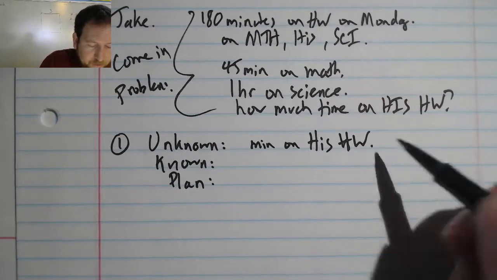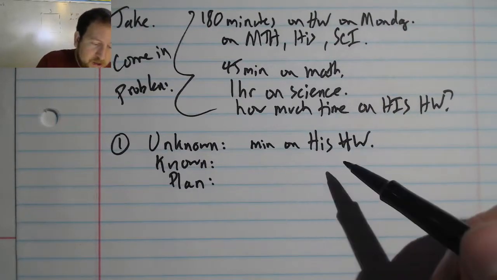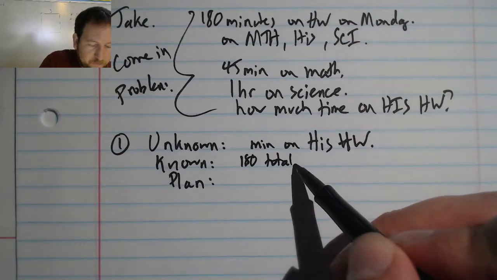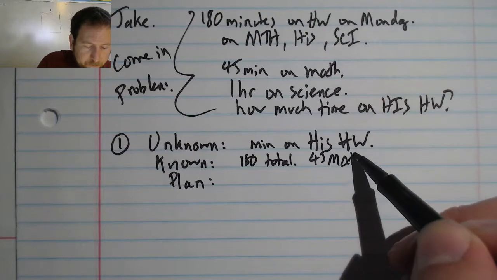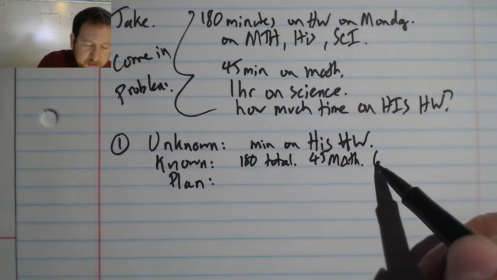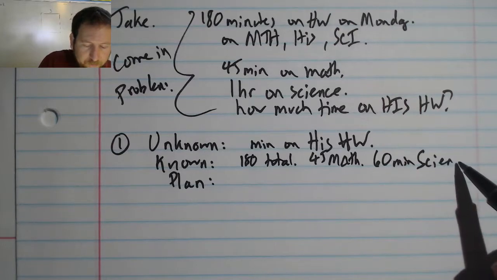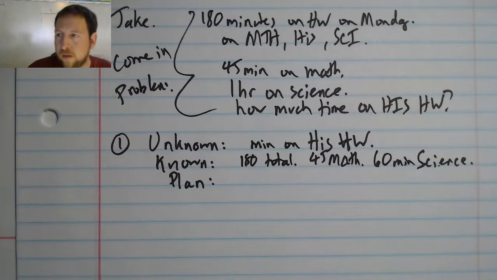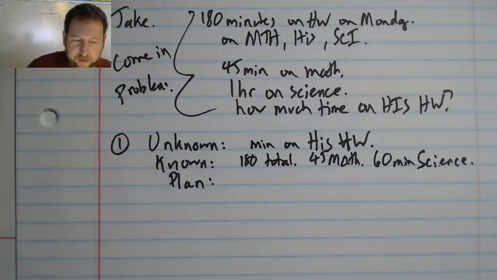Homework. That's what I'm trying to figure out in this case. My known, I know that it was 180 total. I know that there was 45 on math. I know that there was 60 minutes on science. My plan. Now, when I'm coming up with this plan here,